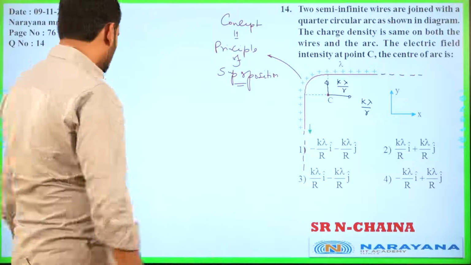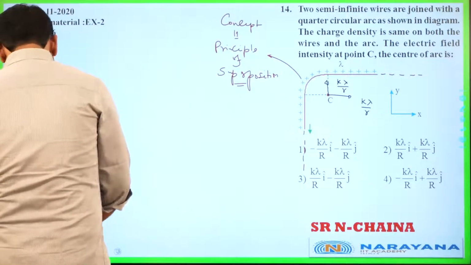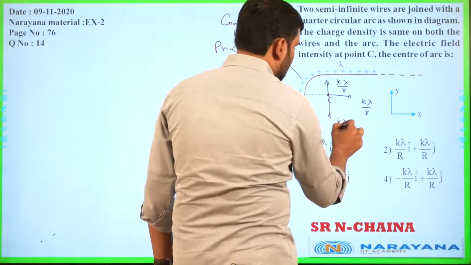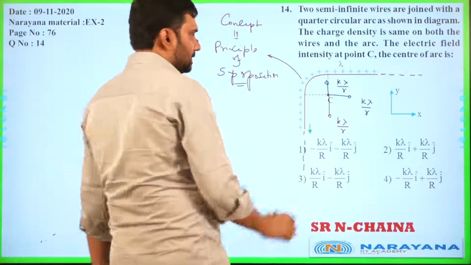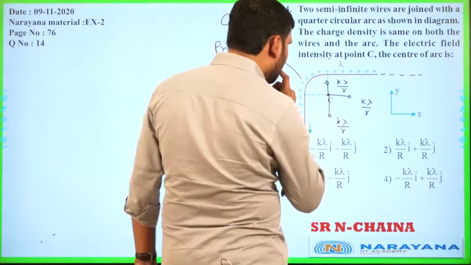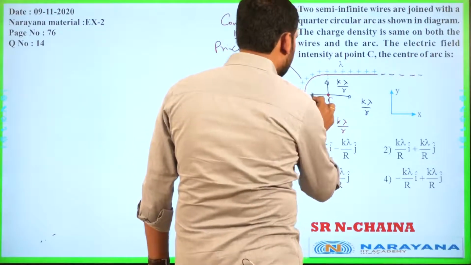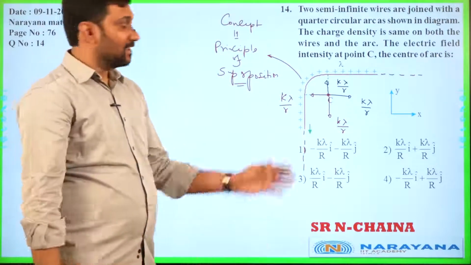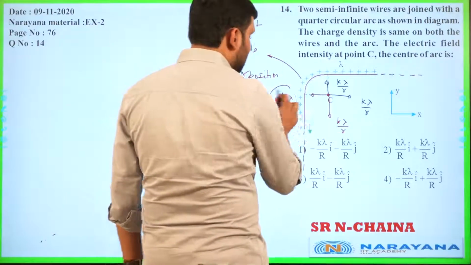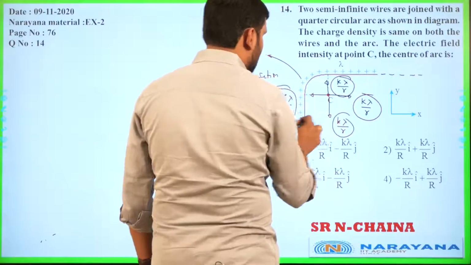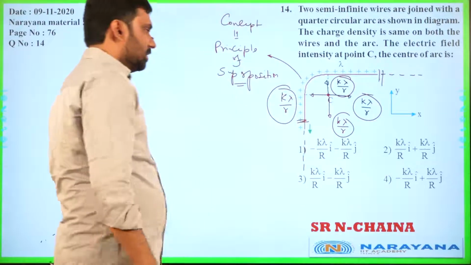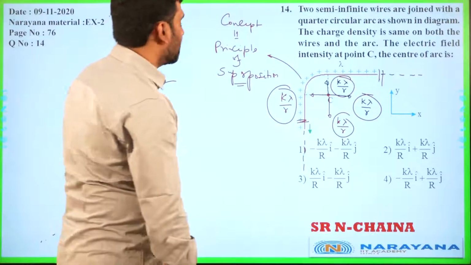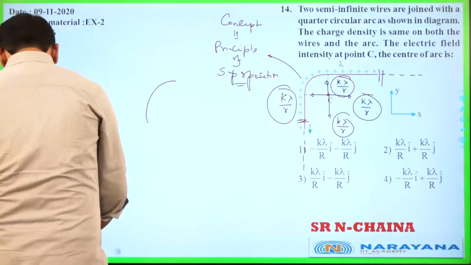Done, right? Okay. What for the next one? For this one, in this direction, k lambda by r, right? And for this one, in this direction, it is k lambda by r. Oh, they are forming pairs. This is cancelled by this one, this is cancelled by this one. So, contribution of these two is gone. So, only there is a circular arc, right? Quarter circle they are saying. No problem.